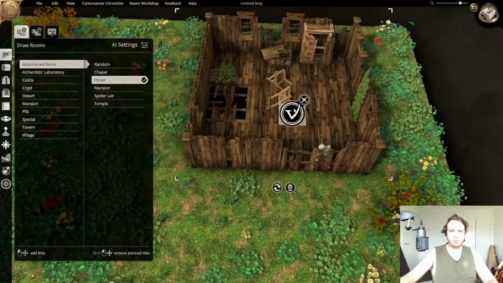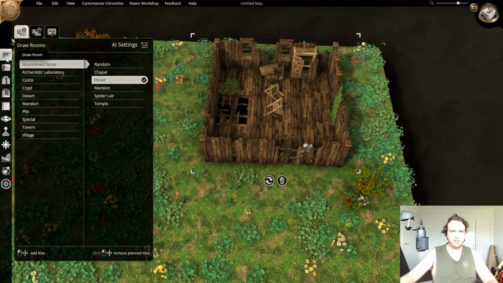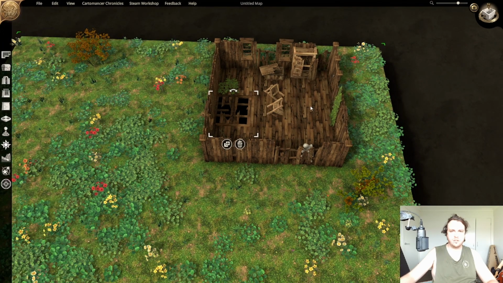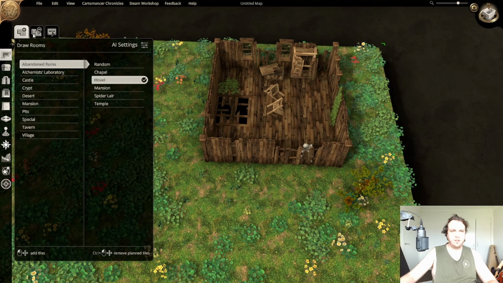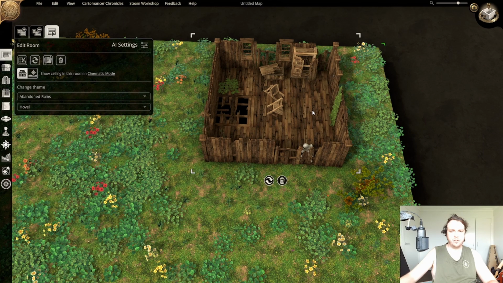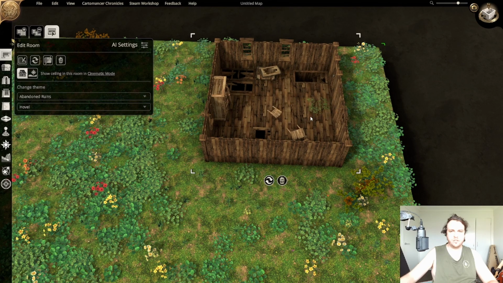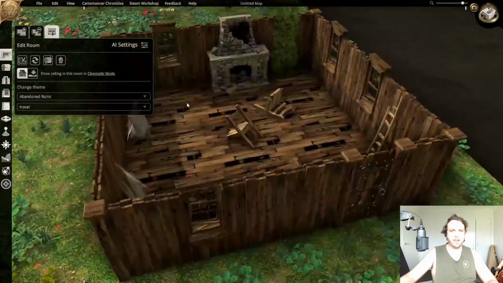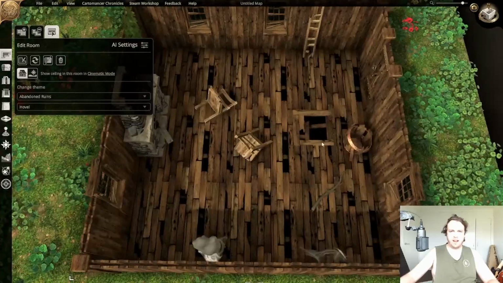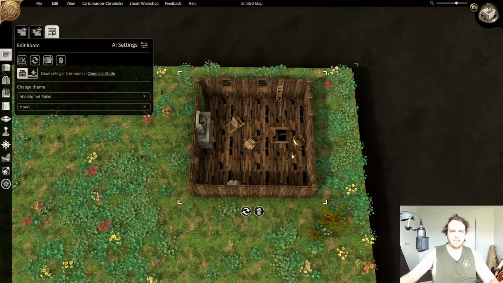When you click on the room itself, though, I believe I need to go to a different tool. Yeah, so you can edit the room itself. Remove rooms, edit room. I can, for instance, regenerate it, which is pretty cool. Let's see what it's got. This might actually be useful in this scene,